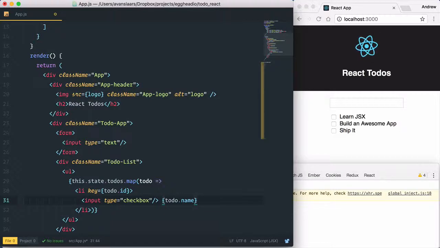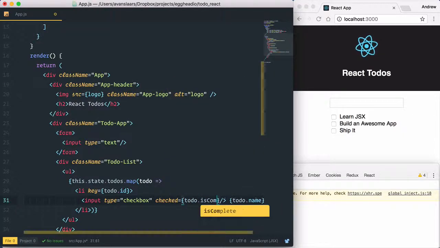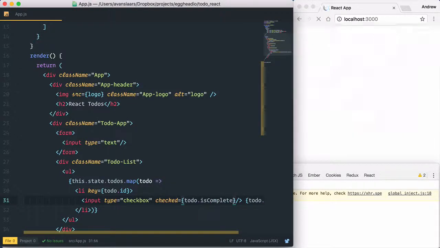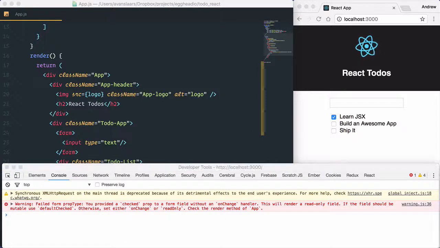And now I want to set my input's checked state based on the to-do's isComplete flag. So I'm just going to come in here and I'm going to say checked equals, and in curly braces I'm going to say todo.isComplete, and I'm going to save that. And we'll see that our first item is now checked. But if we look at our DevTools, we have a warning. And the warning's telling us that we provided a checked property on a form without an onChange handler. At the moment, we don't have an onChange handler,